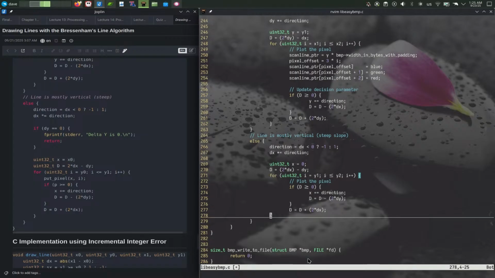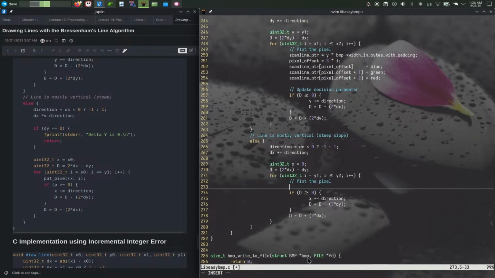Well, we still never finished this anyway, so this one needs to plot the pixel. So let's have this plot the pixel, right? So of course we're going to get our scan line pointer. And that's going to now, it's still going to be y, right? We're iterating over y. So in this case it's I, right? That's kind of weird. It's going to be I